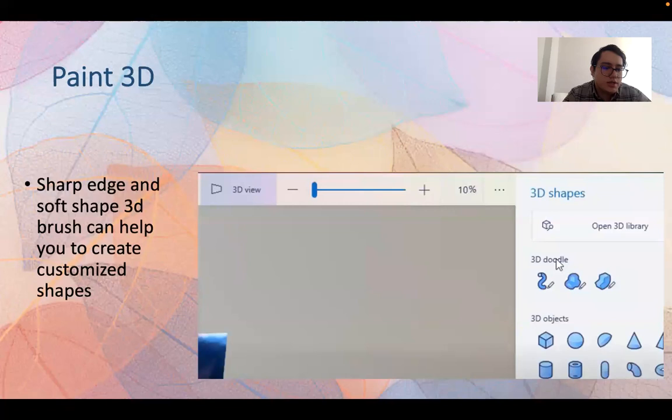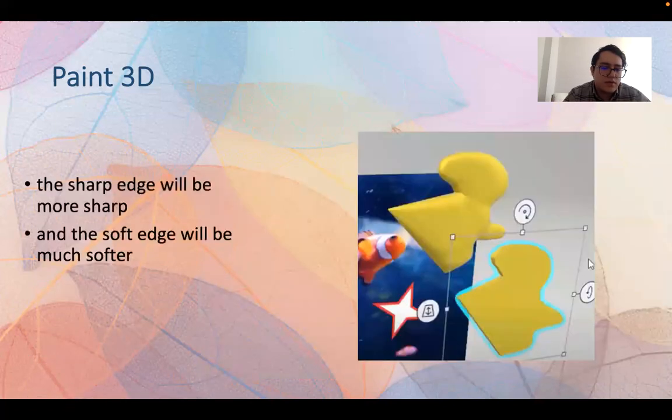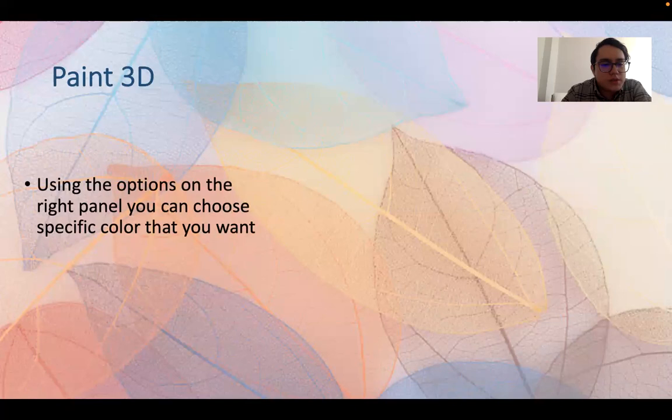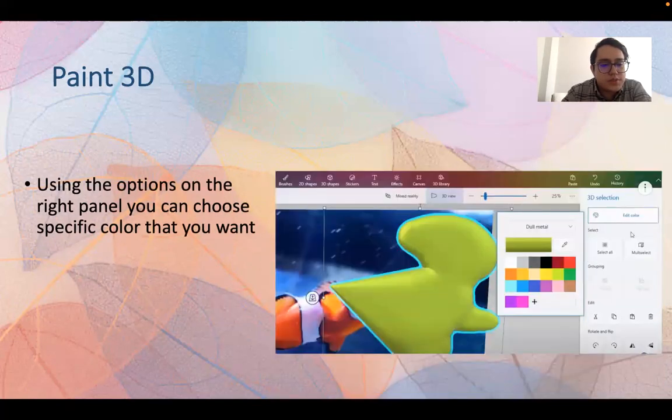Sharp edge and soft edge 3D brush can help you to create customized shape. So this is the difference. The sharp edge will be more sharp and the soft edge will be much softer.